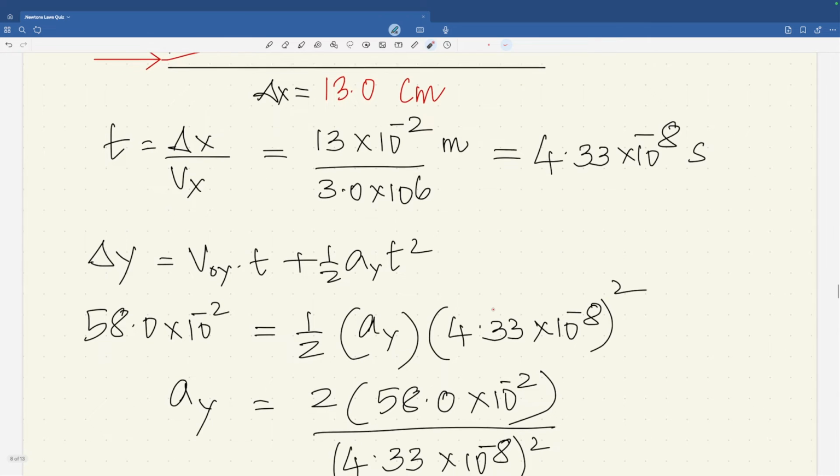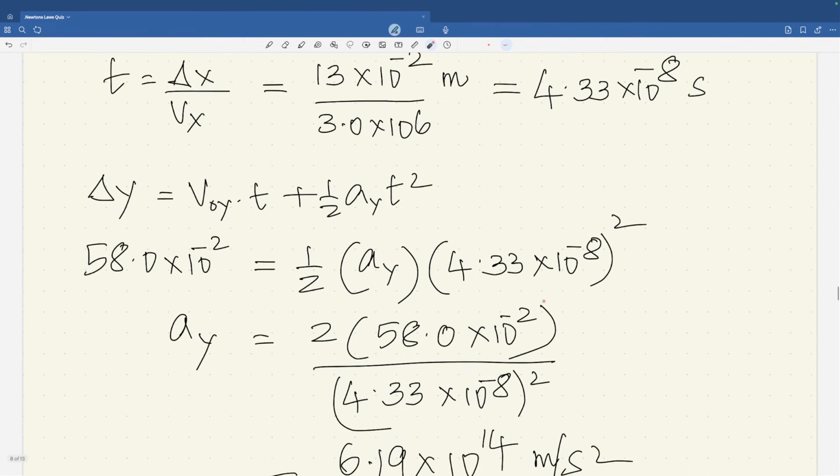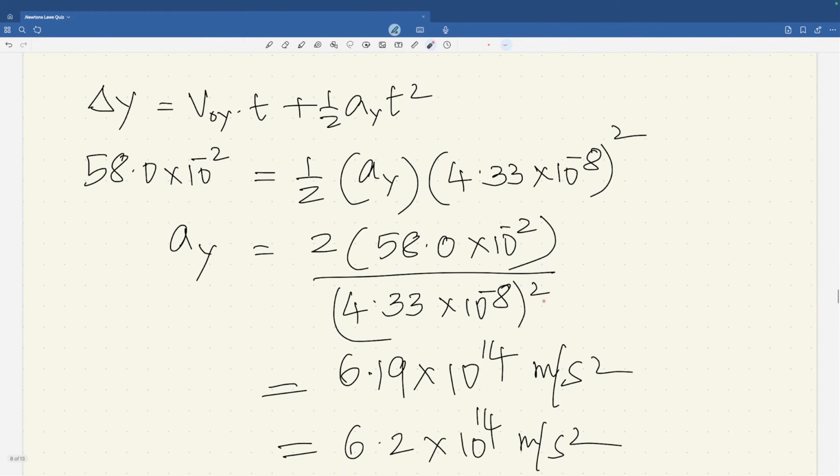So using the kinematic equation given here, we can find out the acceleration, because we know this, that's delta y in meters. And then this is 0, remember, initial vertical velocity is 0. So the whole thing became 0. And then you have 1/2 a sub y time squared. We got the time from there, plug it in, make a sub y the subject, calculate,